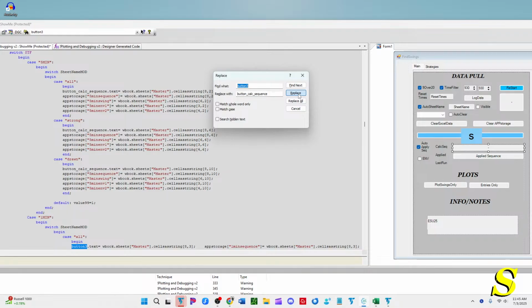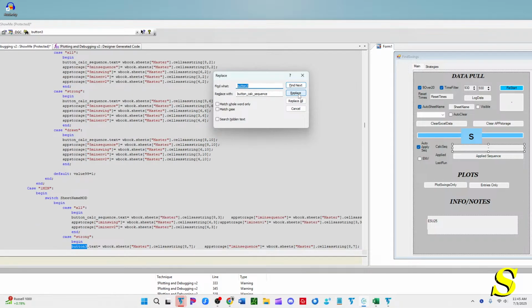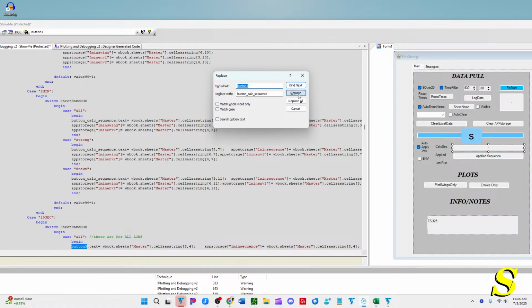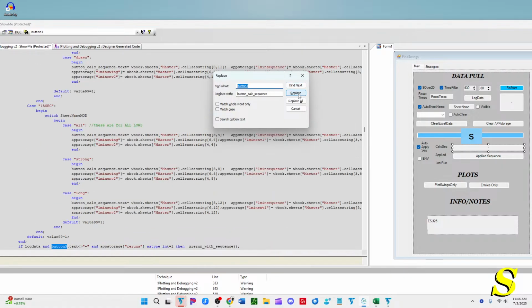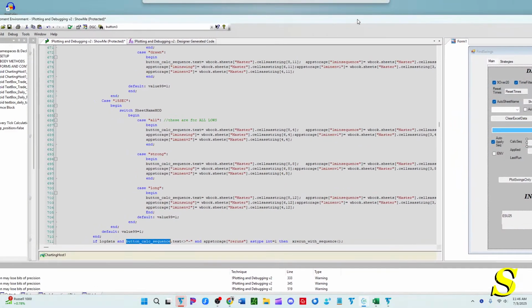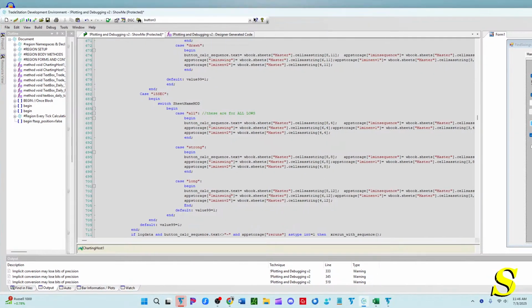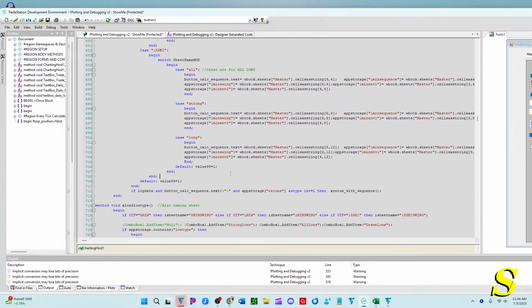I've done Control All before, and sometimes that will just replace all, and that will mess you up. So just put your eyes on what you're doing, because sometimes if the word button 3 happens, or if you have some other word that is fairly common, then it can show up within another variable or another method, maybe a local method, and then it'll just screw you up. Like the word index, IDX, I use that everywhere, even in local variables, local methods. And if I was to do a replace all with that because of something that's happening in my main module, then I would just break everything. All right,